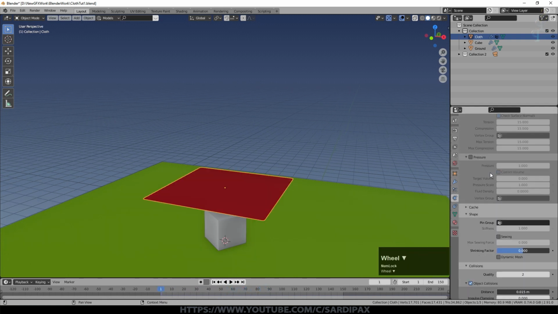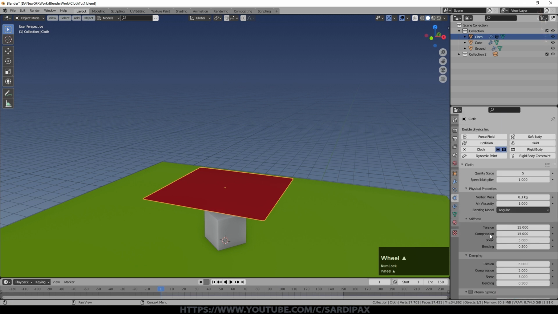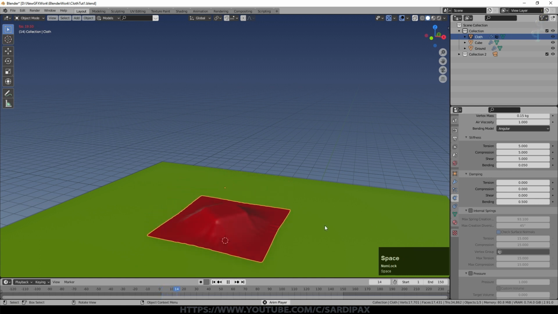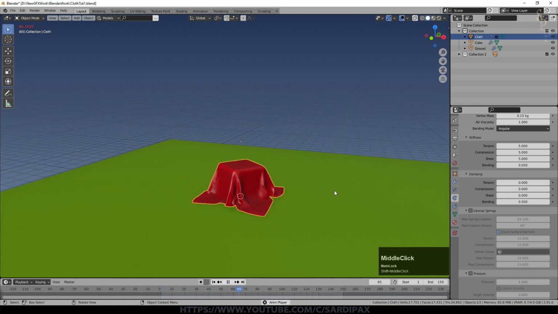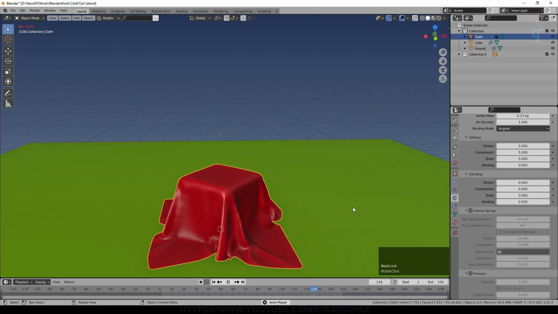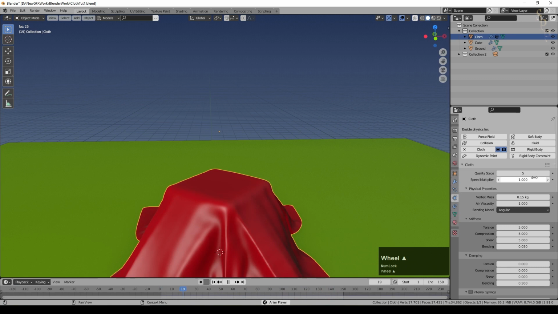But rather than going through lots and lots of individual settings, you'll probably find an easy starting point is to go to here. You see this little dots up here, and that's presets. You can create your own, but you can also just select them. So if I select silk, for example, the vertex mass changed slightly and some of the other variables will have changed as well. And now you can see we've got a very easy to bend material that's relatively light and will flow around easily with turbulence and forces, which we'll get into in a minute.